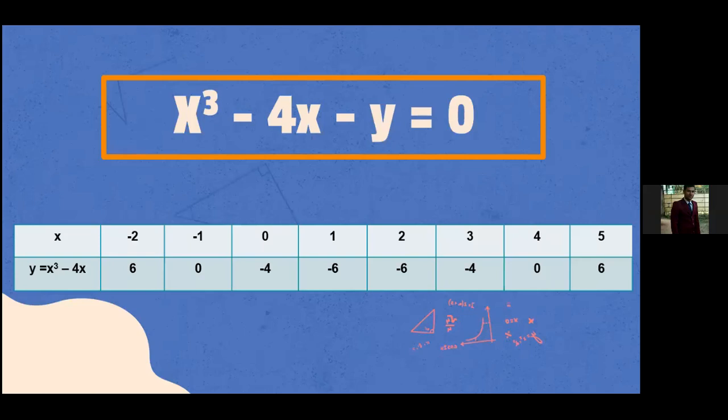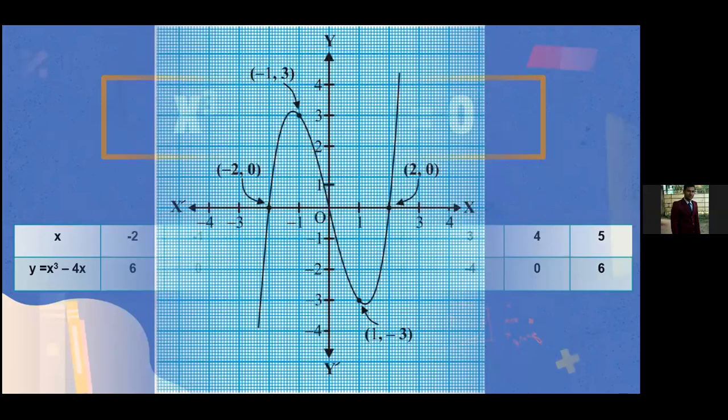Now we have taken a cubic polynomial, x cube minus 4x minus y, and its zeros also. So in this graph, after plotting the zeros of a cubic polynomial, we have obtained a mixture or combination of 2 or more parabolas. Now the rest will be explained by Nakshatra.